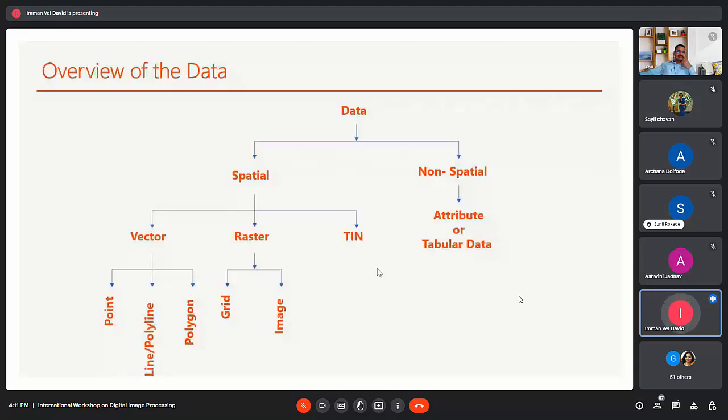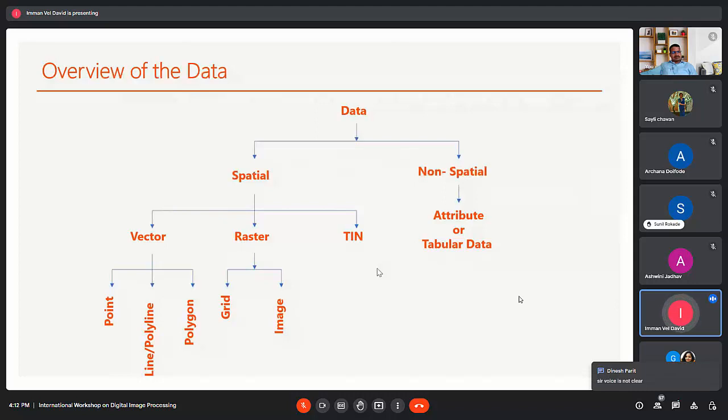In the overview, the data is characterized as spatial and non-spatial data. Spatial data is a representation of real earth features, spatial features. These are the spatial features, mainly raster.